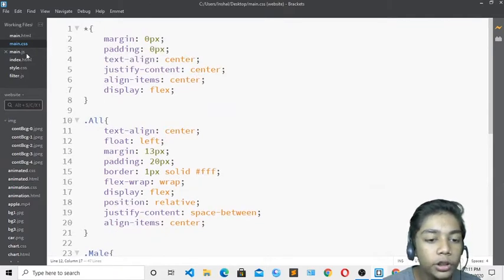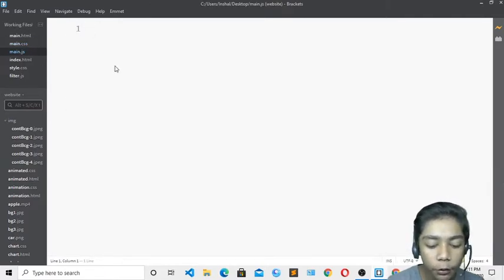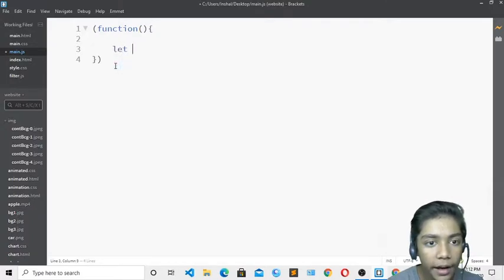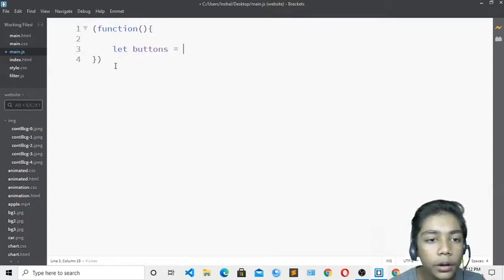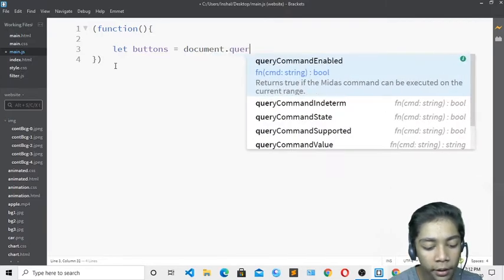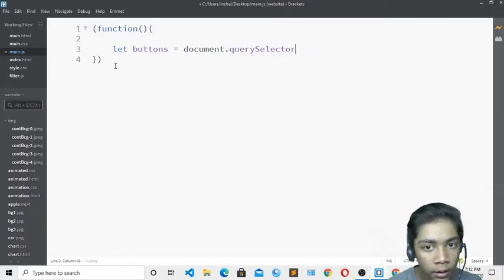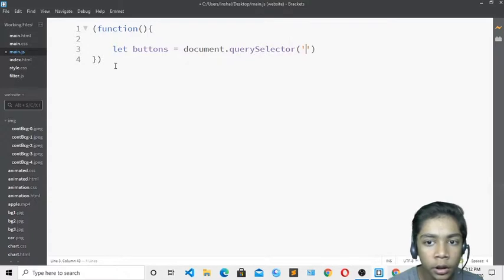So you have to go to your JS file over here, and here we have to define these brackets like I have told you, and over here I will define this, and I will come underneath that, and over here you have to define let and now here I will write buttons, okay. So I will define buttons equal to, okay. And now equal to you should be having right over here, okay. So you have to write const, so write document, sorry, document dot query selector, and now when you have done that, just write over here, okay.